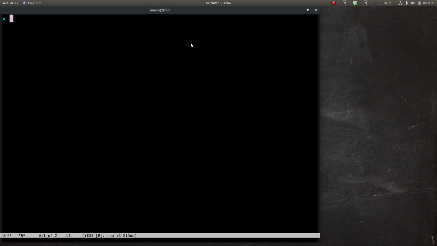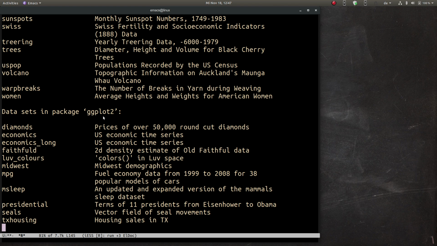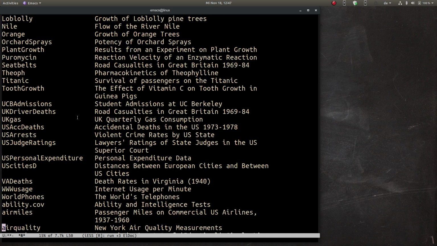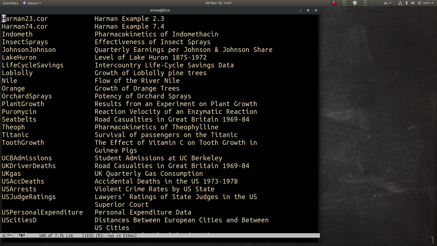And there are different ways to find it. If you just want to look at all the datasets that are available to you right away without having to install the package behind it, you could type data, and you see there's a few packages we have loaded. We have loaded ggplot, and to go to the top you see datasets, which is the name for standard preloaded datasets. And if you go further down, you find the river Nile here. Okay,